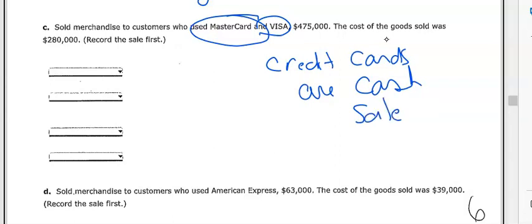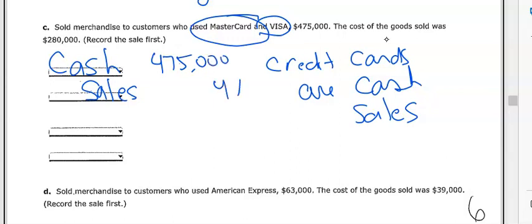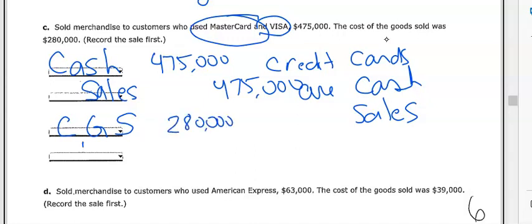So what does that mean? That means that we will debit cash because we got the cash right when they swiped their card, and credit sales by that sale amount. They tell us it was $475,000. And then the movement of inventory means that our cost of goods sold, expenses go up with the debit, and our inventory, we sold it, it's gone, we credit it to reduce it,